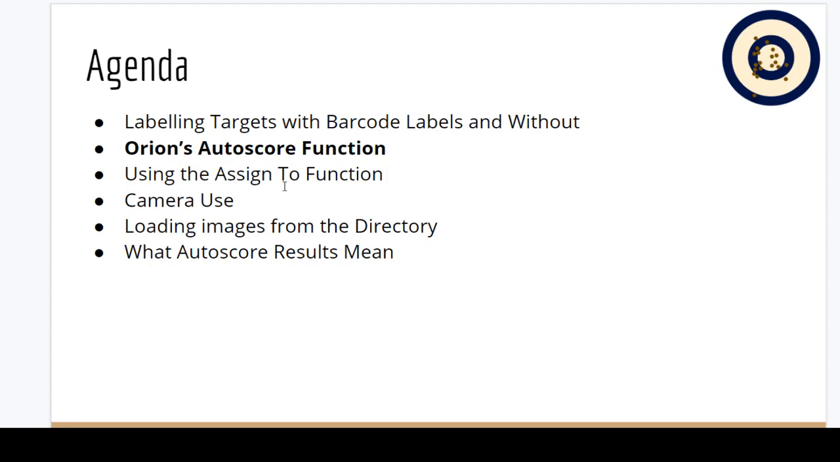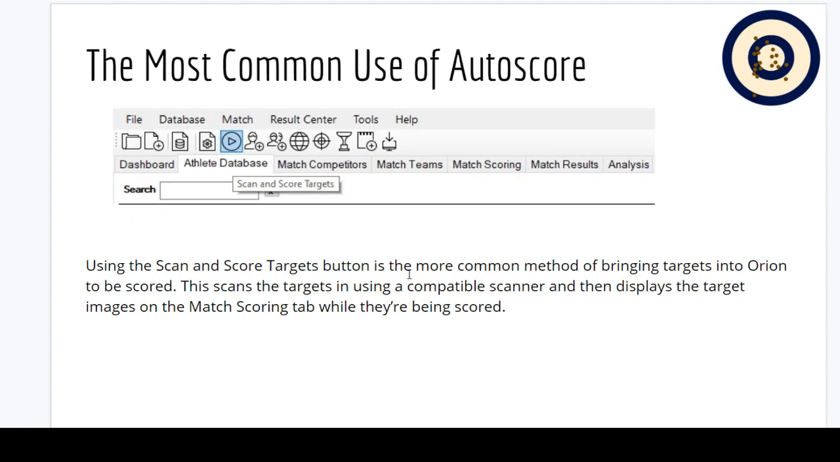For the next part of this presentation, we're going to cover the AutoScore function followed by the Assign To function. AutoScore is the most common feature in Orion. The most common use of it is simply the Scan and Score Targets button